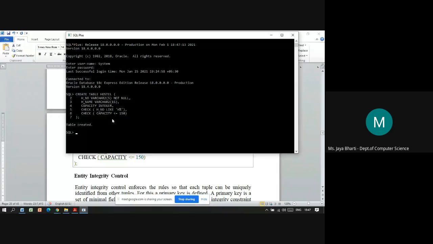Okay, the table is created. You can see create table hostel, H number, fine.